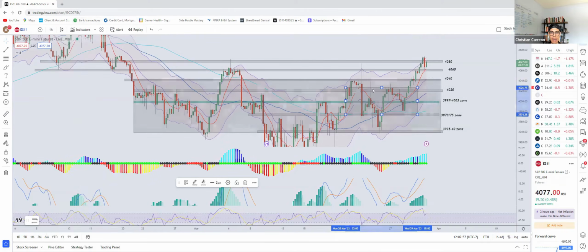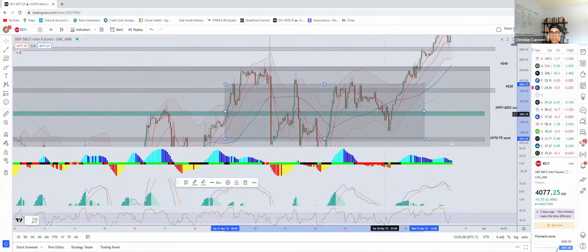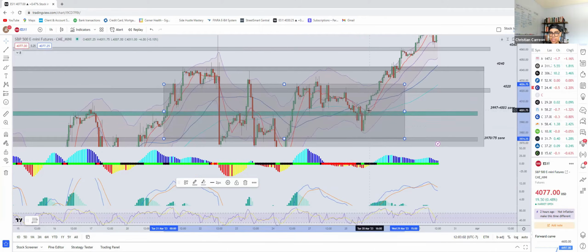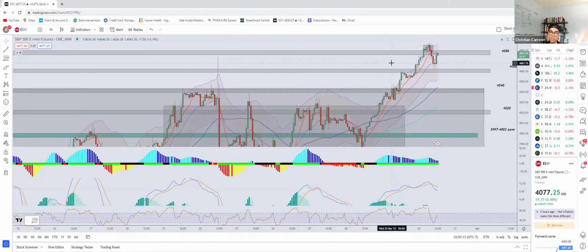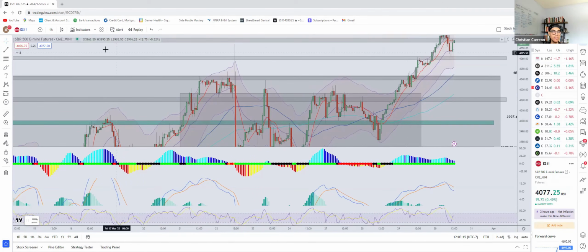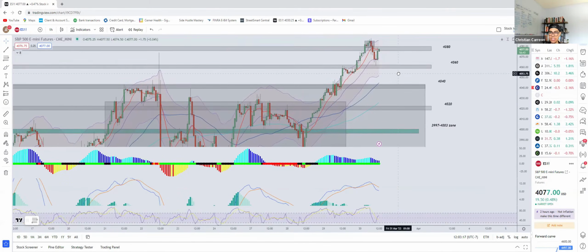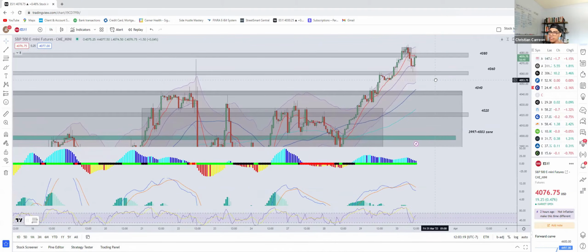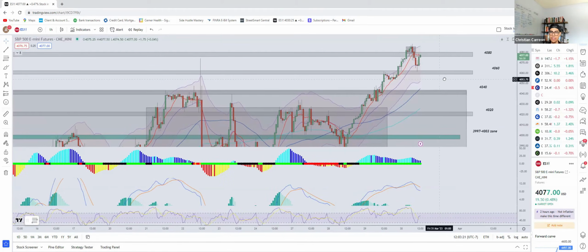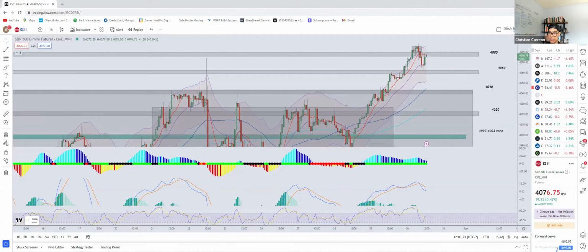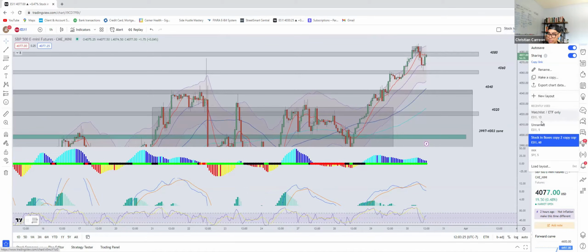So if we go down to the hourly, when we were over here, and as soon as we got back over 4003, I said, I am now looking for 4027. And if that breaks, I'm looking for 4056 and 4077. I put this on Twitter a few days ago, right? So guess what? These are hourly zones, by the way. Again, I plot hourly, 5-minute, and daily on different layouts, so I don't mix them up and have a better structure. So now let me go to the 5-minute